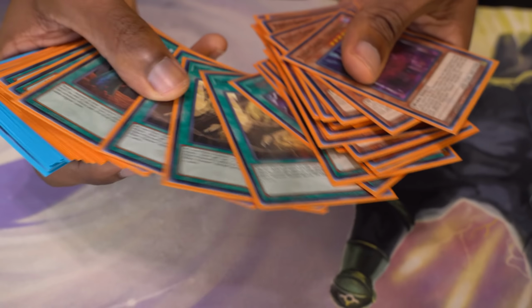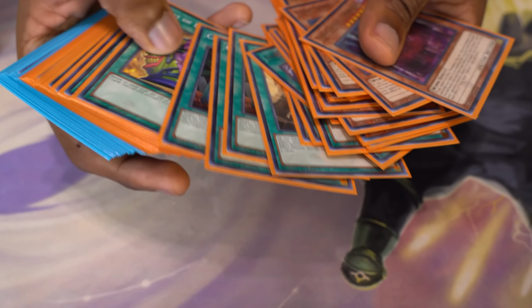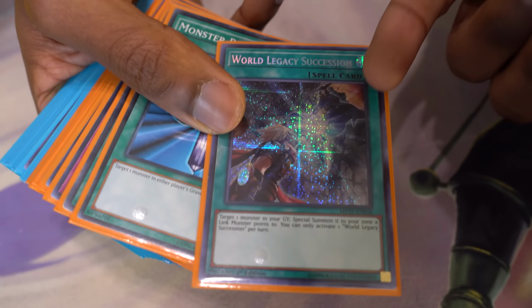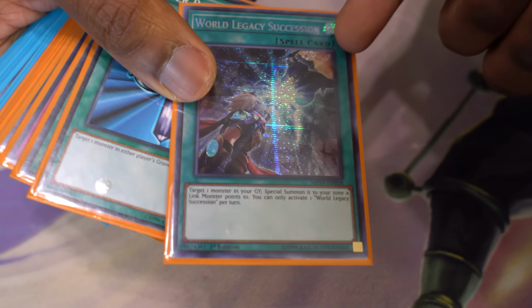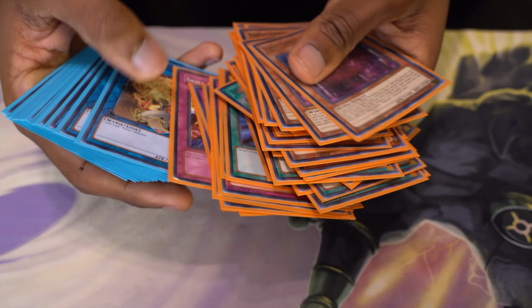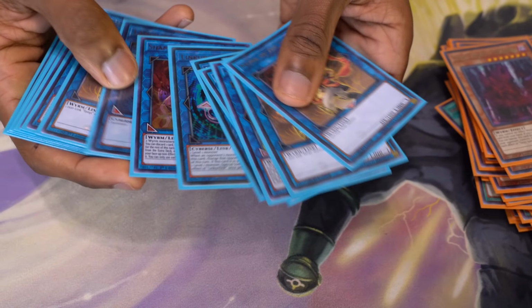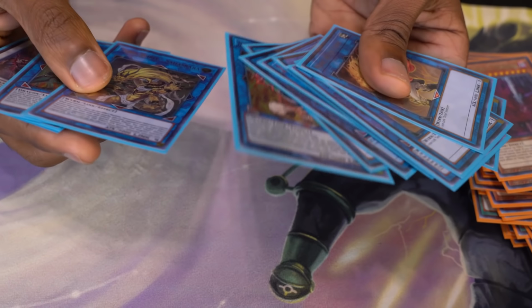This card's really good if you can get it out. And yeah, so all this stuff. This is one of the cards that's hollow that doesn't come common. World Legacy Succession is quite a fun time. And yeah, that's pretty much the deck. I'll profile it fully later on. Extra deck is what you'd expect from Tenyi's. Oh, they did get this new